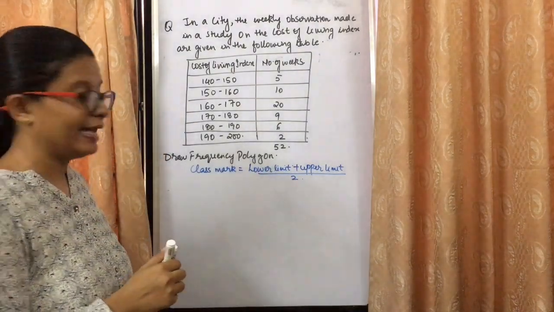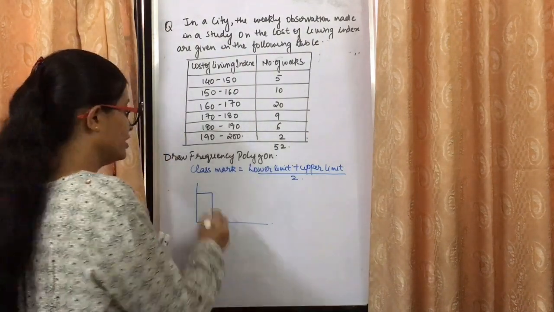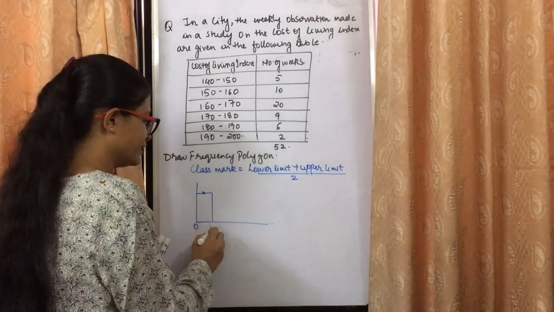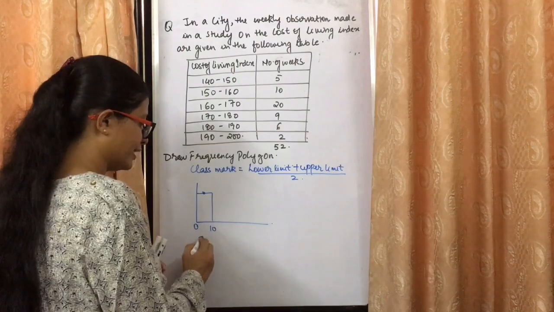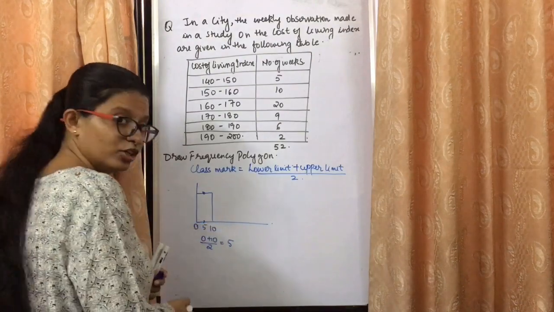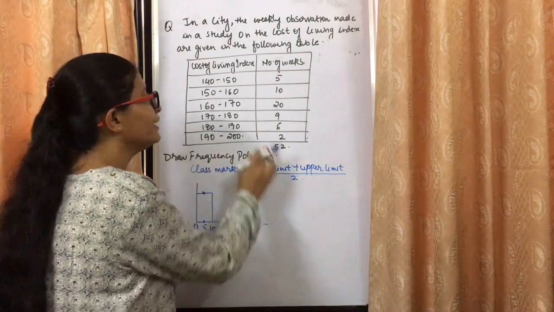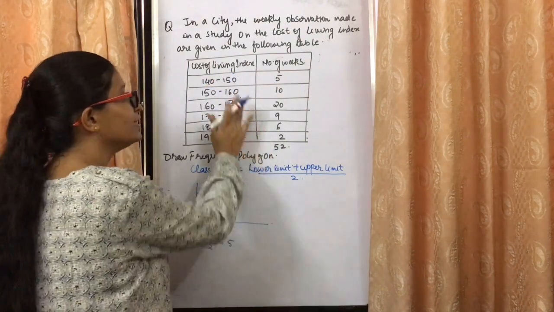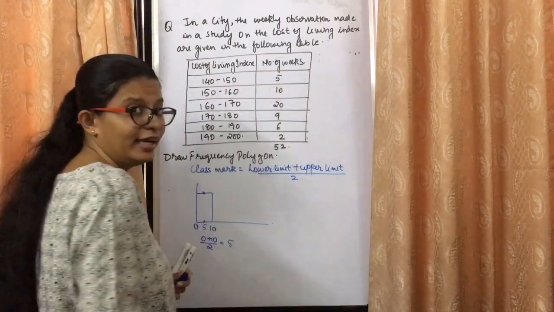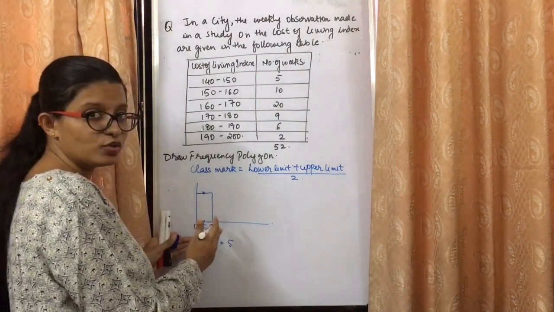अगर यदि ध्यान से देखें, for an example अगर मैं इसका histogram बनाती, let's say this is my first bar, तो मैं इसका middle वाला point mark करती. For example ये 0 and 10 है, so 0 plus 10 divided by 2, what will I get? I will get 5. So I am marking at the midpoint. So this is nothing but the midpoint of the class interval. Class marks are nothing but the midpoints of the class intervals. And if that is the midpoint of the class interval, can I directly plot the class marks with the frequency? That will be my frequency polygon. So no need of making a histogram. If you make a histogram, that is also fine.